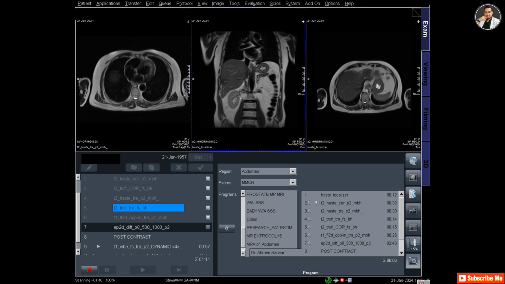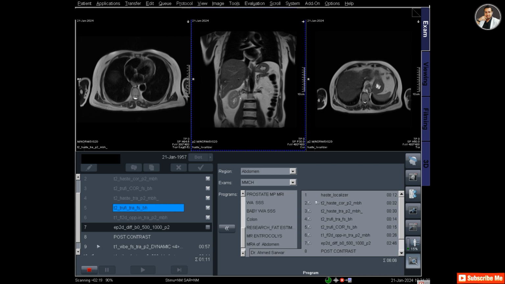Now it's scanning. It will take approximately 2 minutes to be finished. Now its time is increased to 4 minutes.